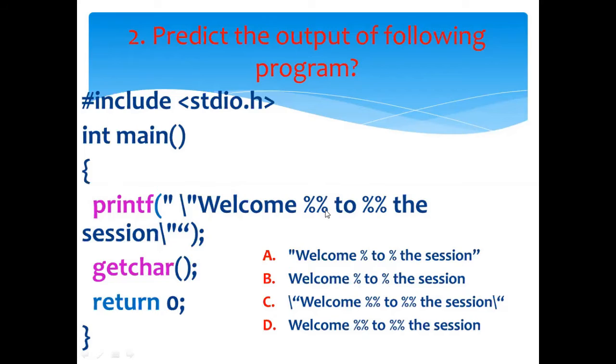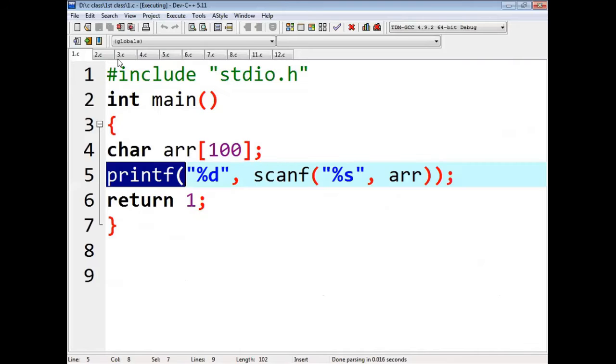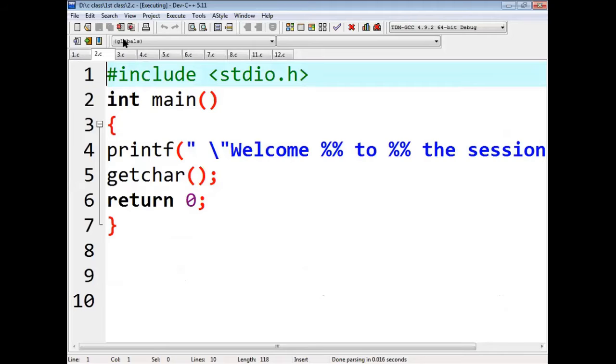When we run this program, we get an output similar to option A. We get double quotes enclosing some string, wherein we will get 1%, because though here it is a double percentage, one percentage is an escape character for another percentage. Now let's run this program.